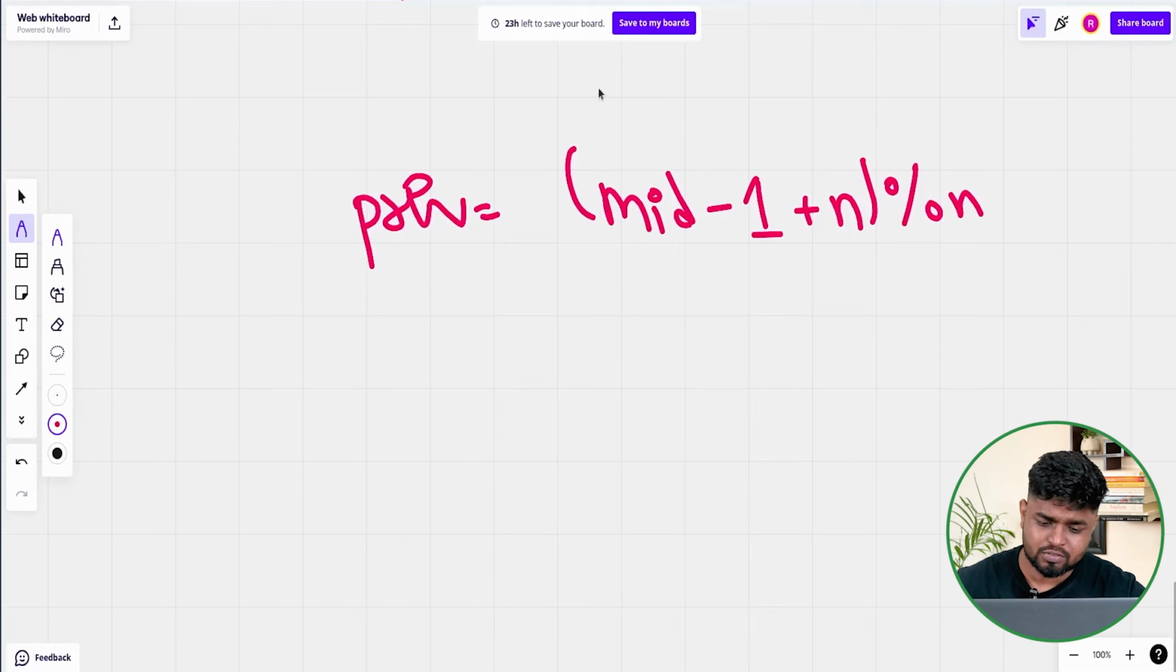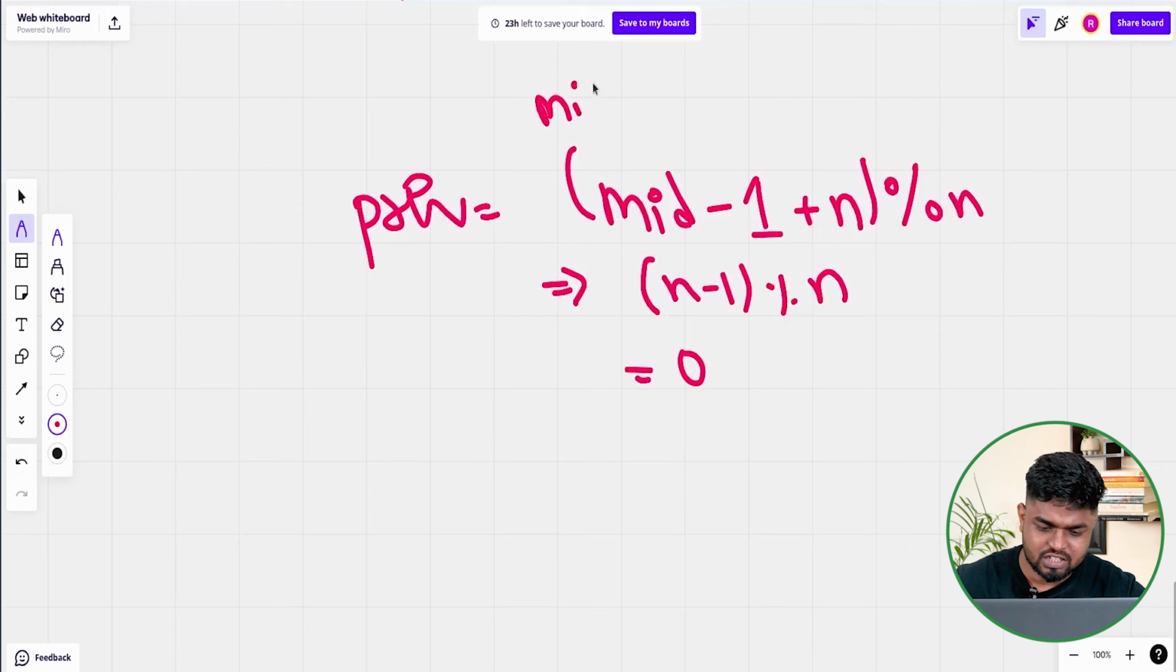Because suppose that the mid was nothing but 0, then what will happen? This will be n minus 1 modulo with n. So when you have n minus 1 and you do modulo with n, then you'll get 0 only. So if the mid was initially 0, then you'll get 0 only. So if you're not having a previous index because the mid is 0, then you'll get the previous as 0 itself. So it will not overflow. You will not get an index out of bound error. So that is why, in order to find the previous index, we can do mid minus 1 plus n